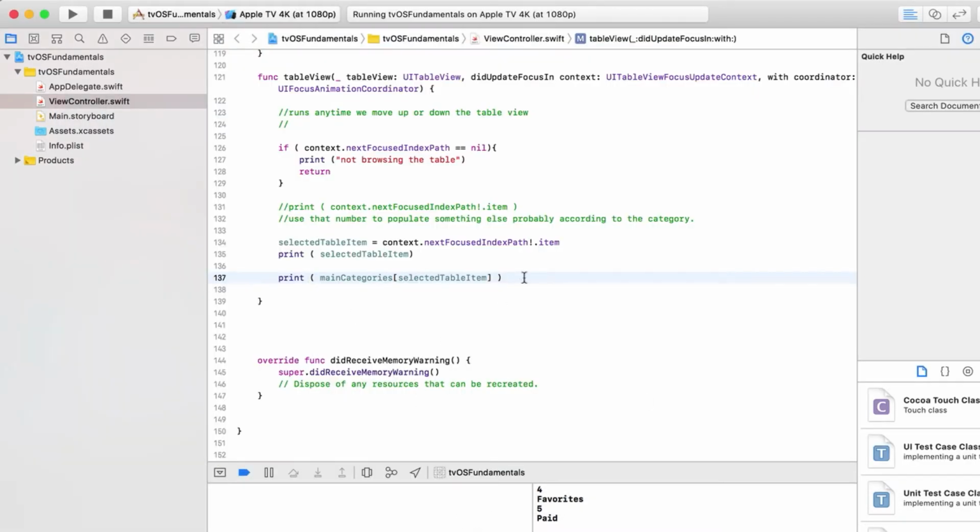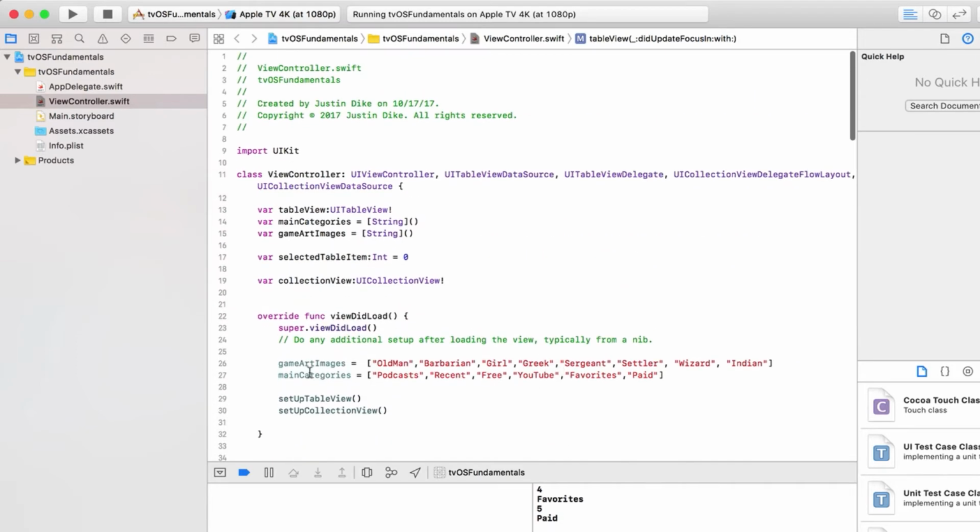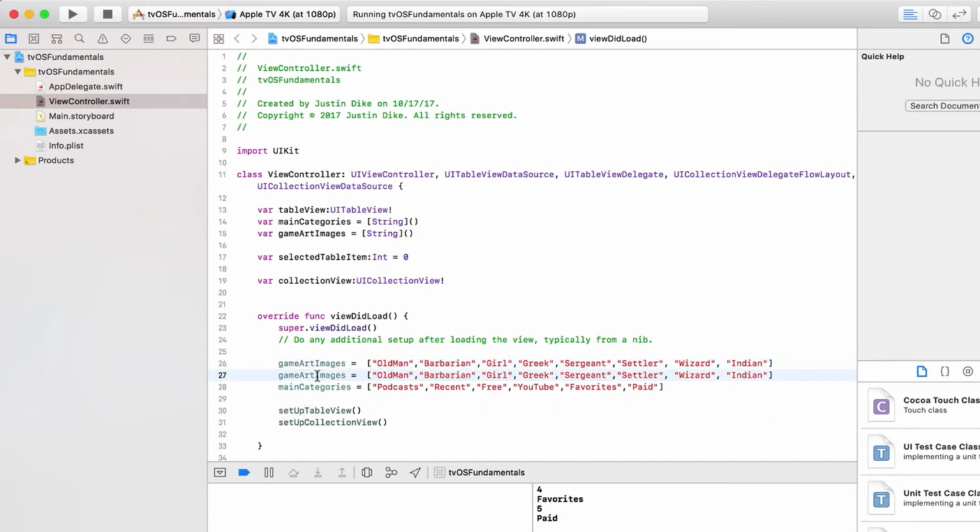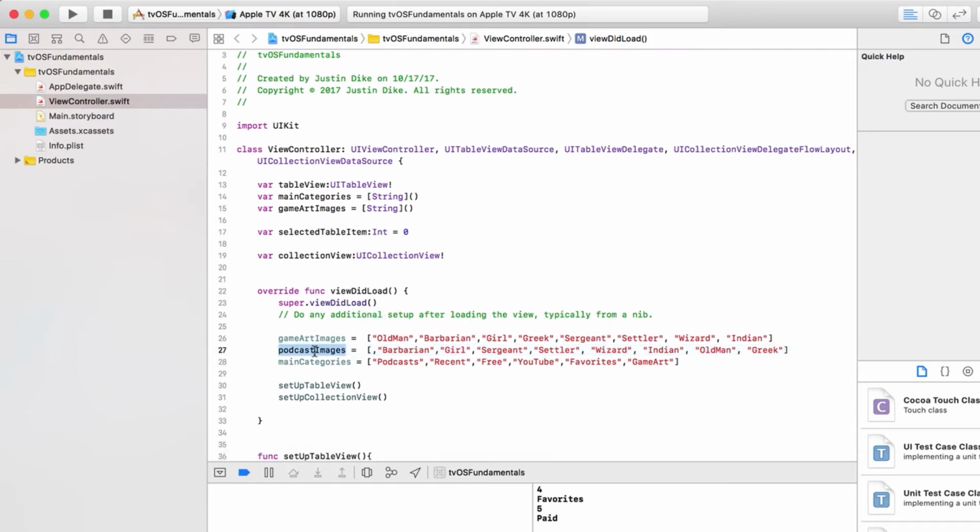So let's do this. Let's change what is inside of our collection view based on that, and let's go up here. Just to kind of keep things simple, let's say podcast images, and let's change one of these to be game art. Okay, like the bottom one, game art. And all we'll do is we'll just change around the order here. Okay, so we'll put the old man in the back, maybe put this one back in the back too. That way we don't have to import any other images. So essentially we're just going to be testing to see if